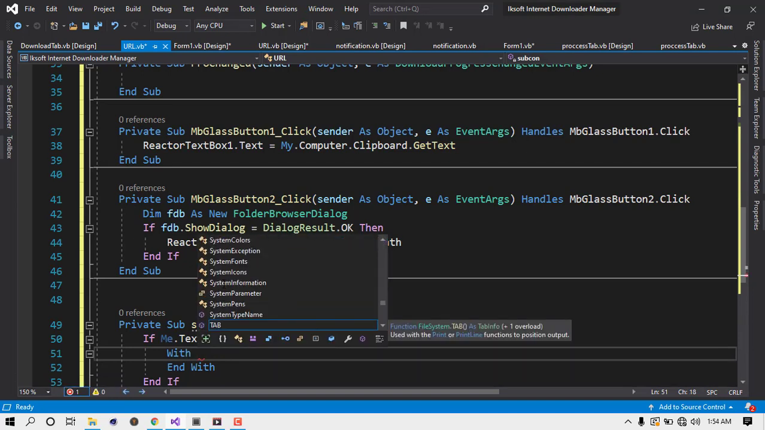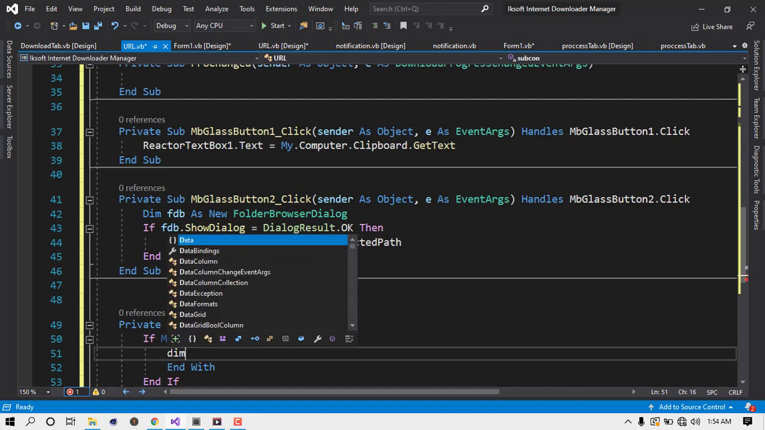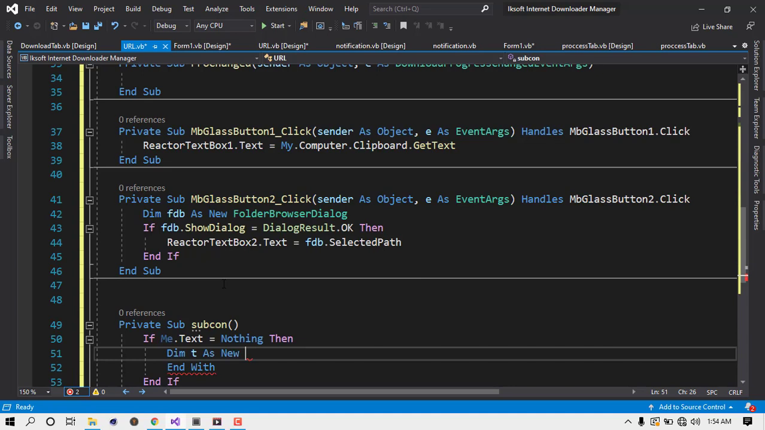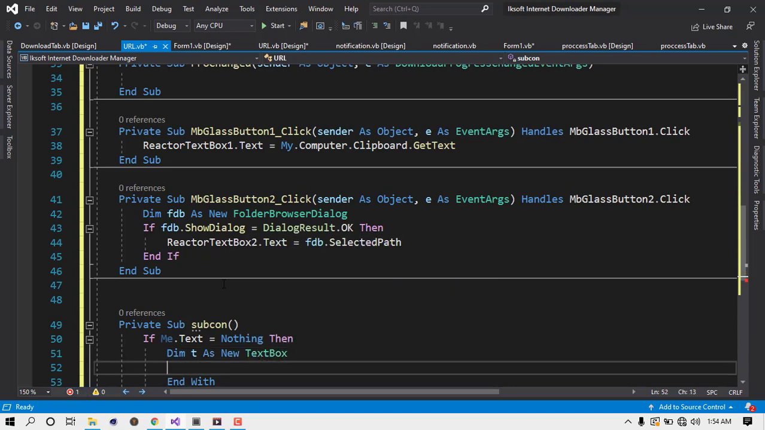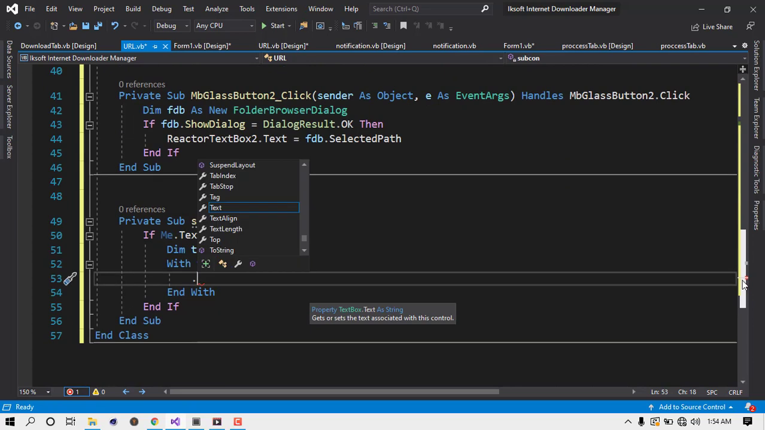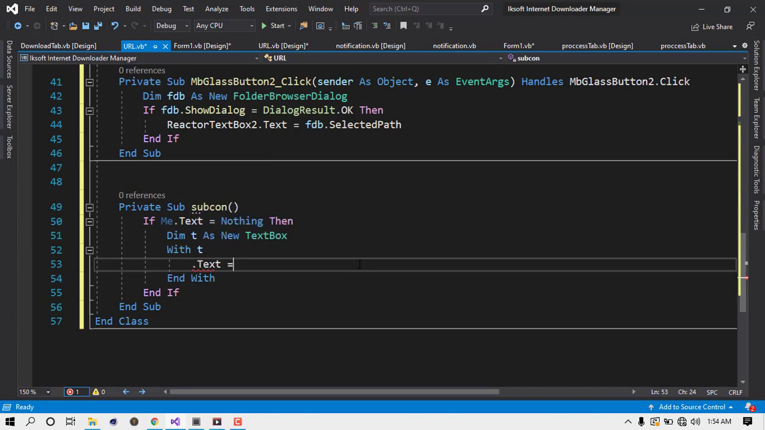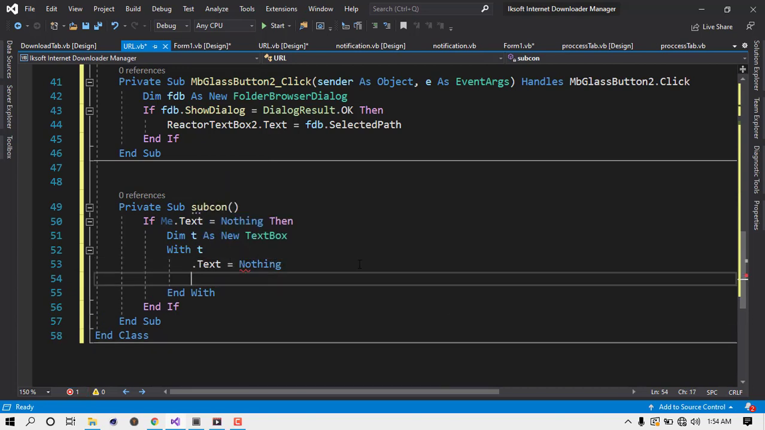We will declare dim t as new text box, right? Then we will say with t dot. So let's try to use this measures to do everything. So we will say that dot text should equal nothing, and we will say that dot width should be equal to 70,